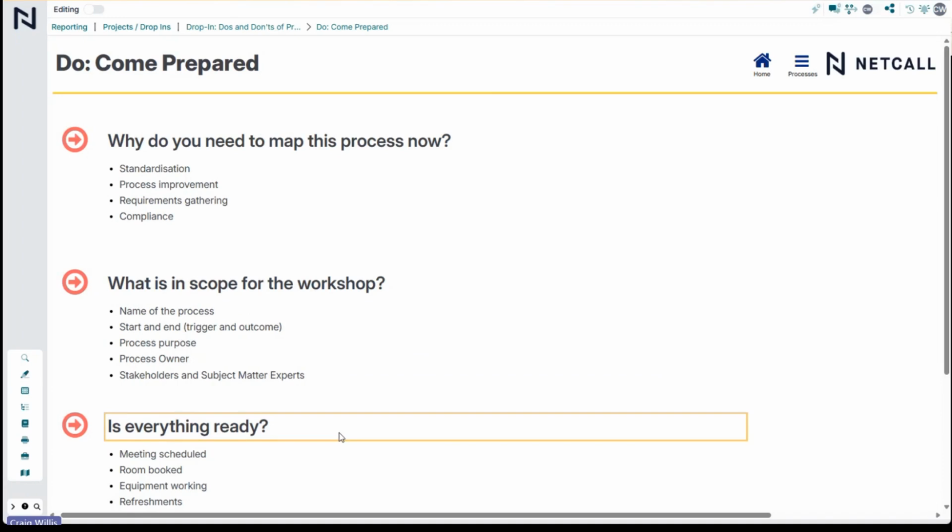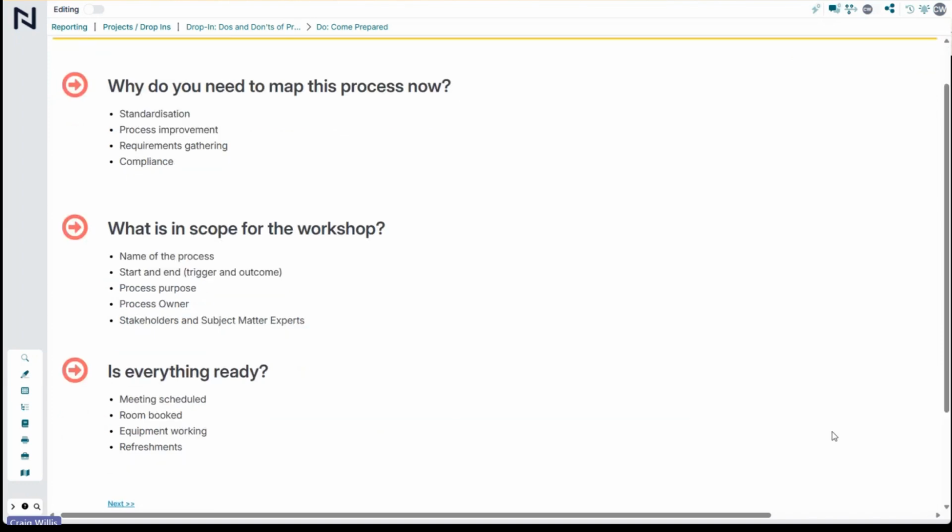Again, hopefully this is just common sense, but have you scheduled the meeting? Are the meetings in the diary? Have you booked the room if it's a room? Is the equipment working? If you're using Teams or Zoom or whatever, are you familiar with the necessary controls that you're going to need to use? Do you need to get refreshments ready? That sort of thing. So hopefully some of these are common sense, but I've always found them worth reinforcing, because